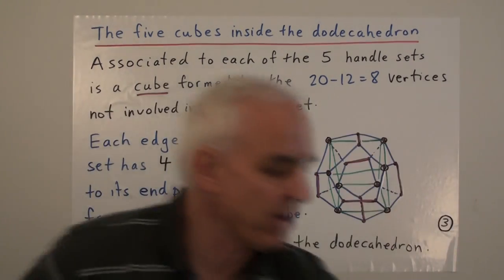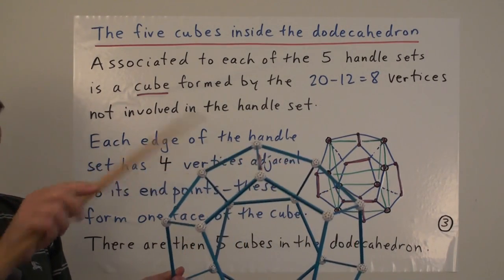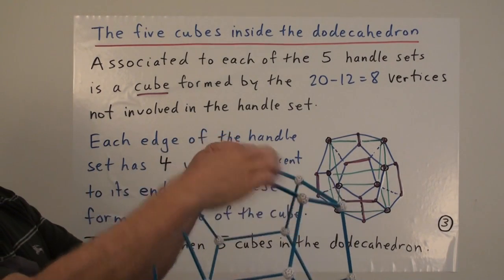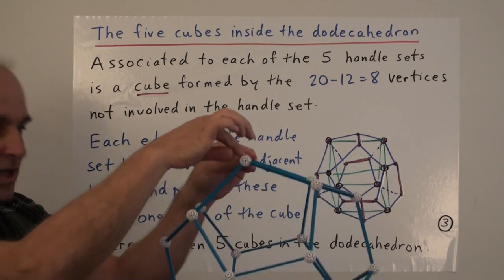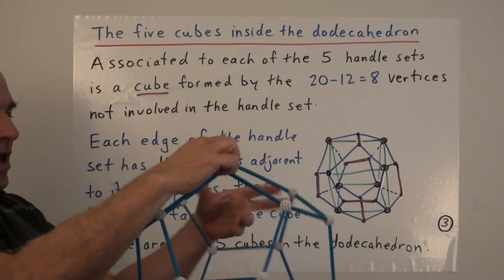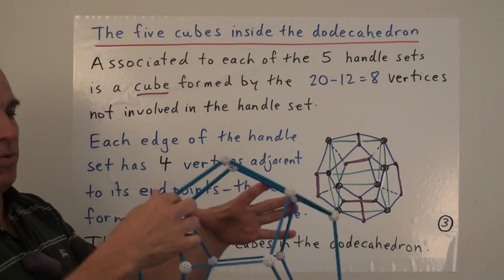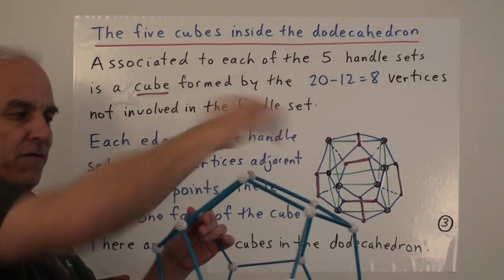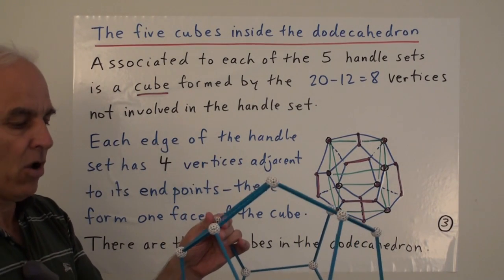So here's another way of thinking about how to get that cube. If we start with, say, one edge, let's say the top one here. There are 2 vertices here, and there are 2 edges coming from each of these vertices determined by that particular edge. So this one edge determines 4 adjacent vertices, and they are the vertices that form the face of a cube. So to every edge, there's this square of the nearest vertices to that edge. That's really all that's happening here.